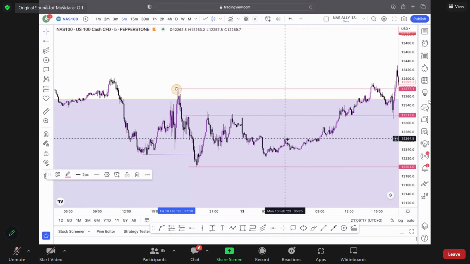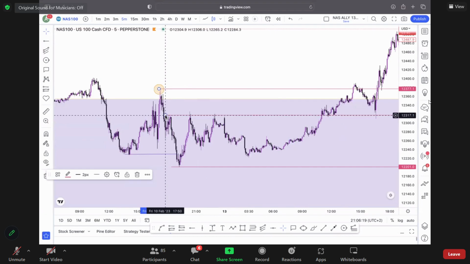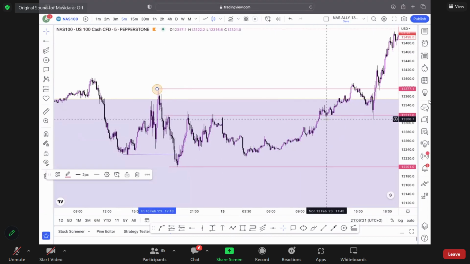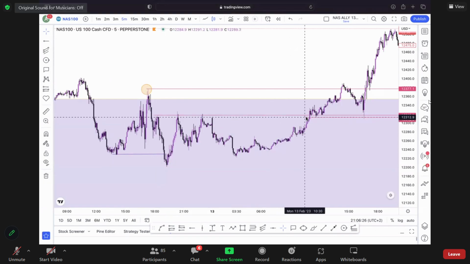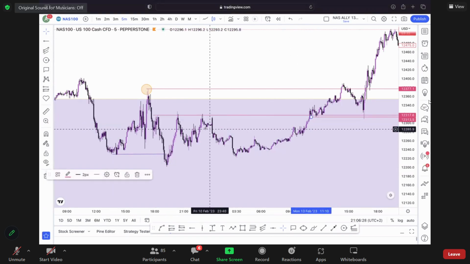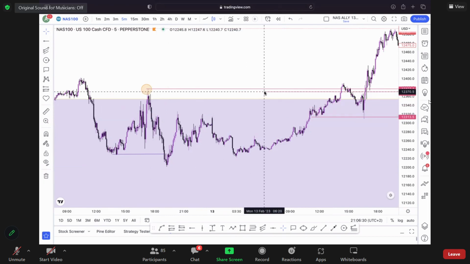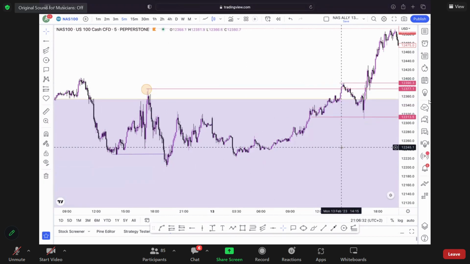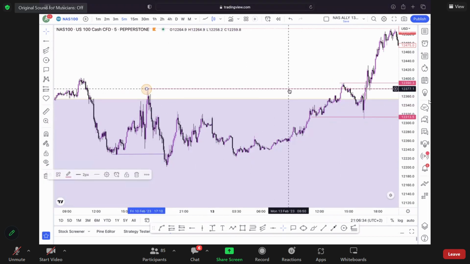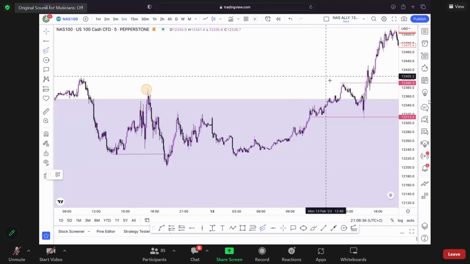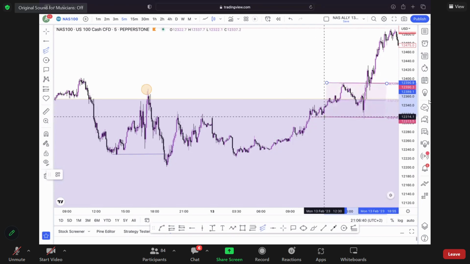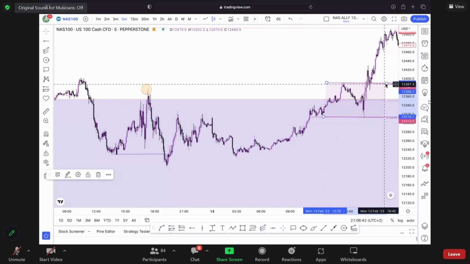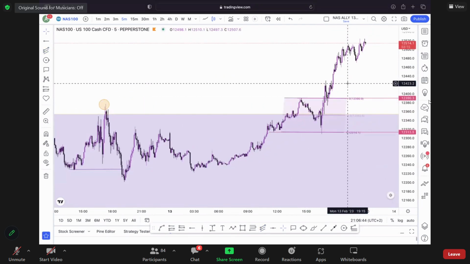Because you're going to see what's going to happen. The market then takes out this level over here, and the market now creates a new low, which gave momentum to the new high. And if we place our fib, price comes perfectly into discount, and then the market buys up again.